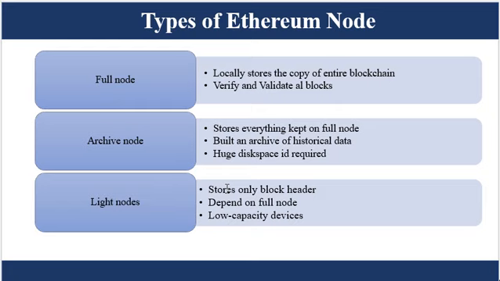Then another type of node is an archive node. Archive nodes are complete nodes that have the archive mode option enabled. While a full node only stores the latest state of transactions, the archive node holds all the blockchain's history data dating back to the genesis block. The archive node is used when the blocks prior to the latest 128 blocks are required.